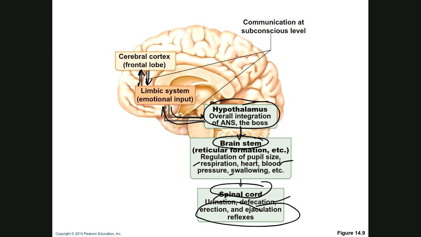Okay. So one of the things you definitely need to know for this chapter is the influence of the sympathetic and parasympathetic nervous system on the organs. This is something that is going to follow us to next semester, and that's why it's emphasized so much in the chapter. There is a chart under study guides that summarizes all of this information, so I encourage you to go over this chart. But as a recap, let's go over again the effects of the sympathetic nervous system and the parasympathetic nervous system. So the sympathetic nervous system